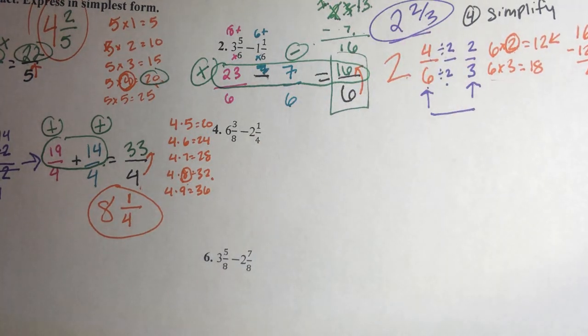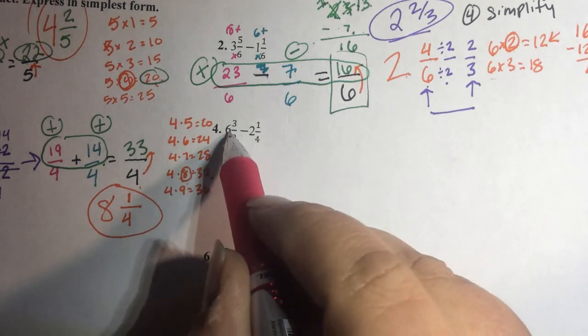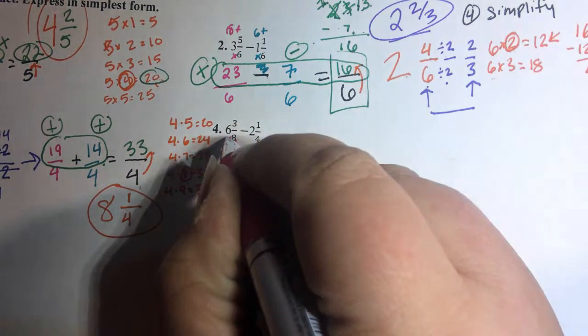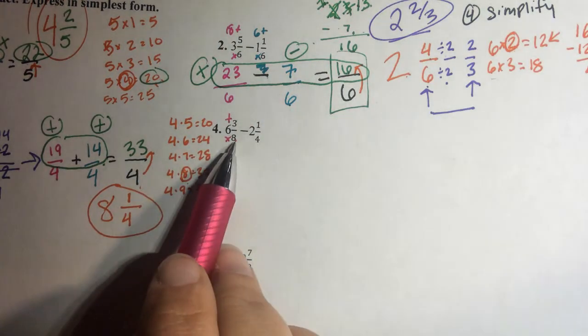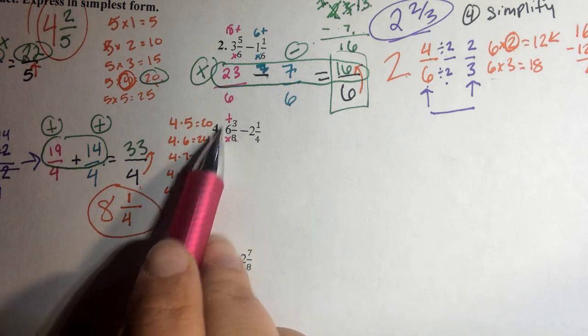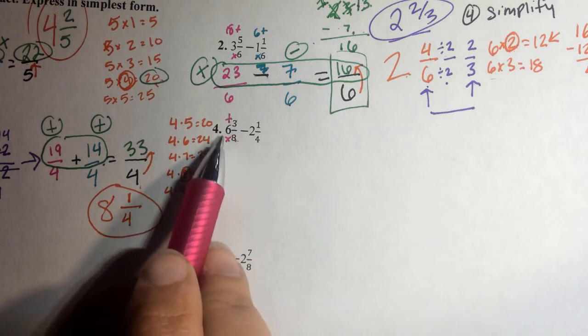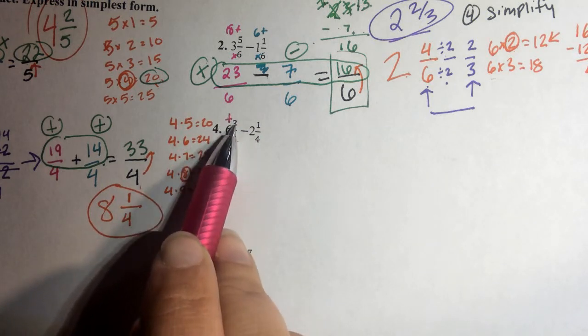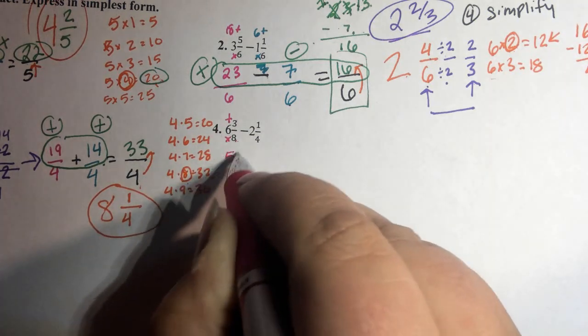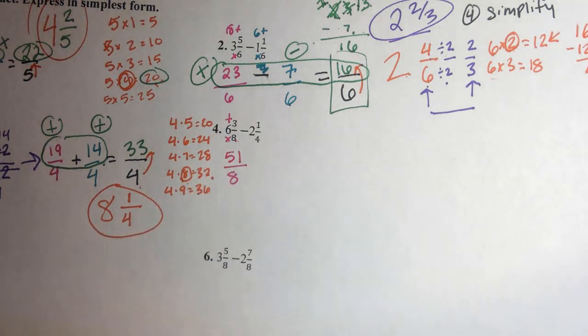So the first fraction is 6 3/8. We multiply and then add the numerator. Multiply denominator and whole, add the numerator. 8 times 6 is 48, plus 3 is 51, all over 8,